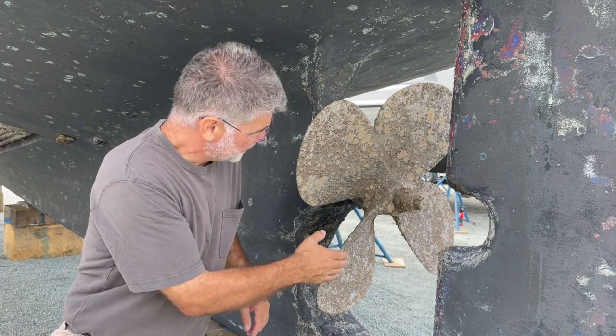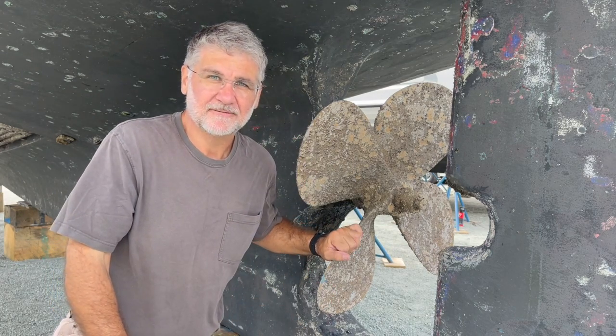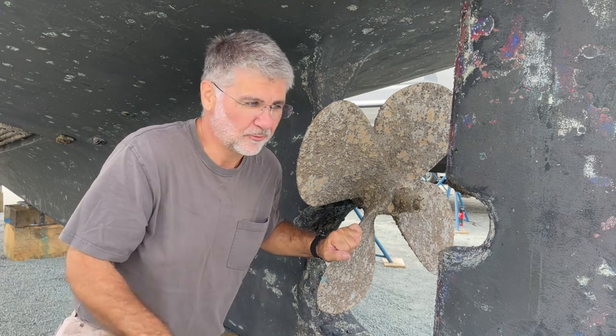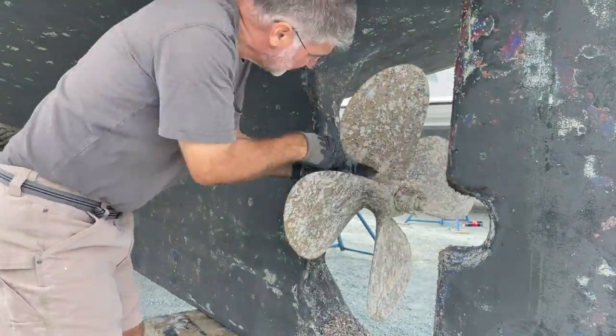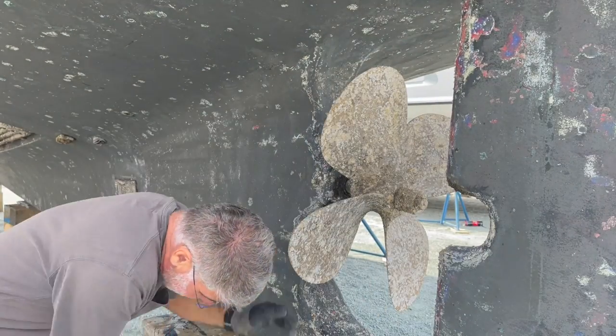But the very first thing I want to do is clean off some of these barnacles so that I have an area that I'm not going to cut myself on, and that's better to work with. So I'm going to do that right now. Okay, so now that I'm done with this,